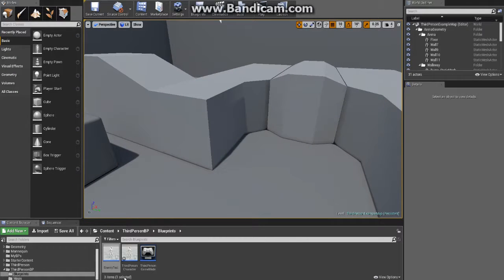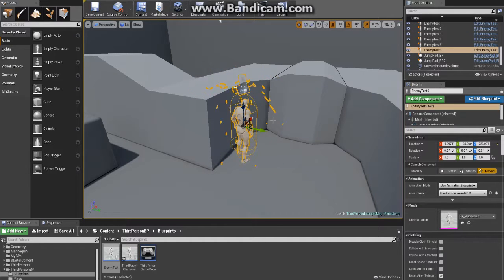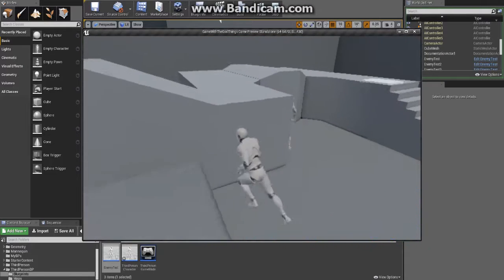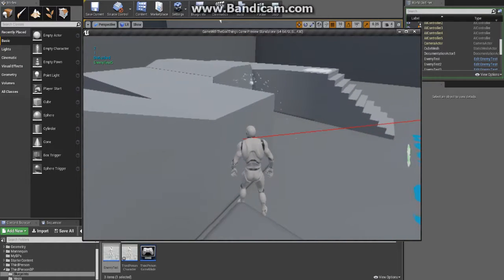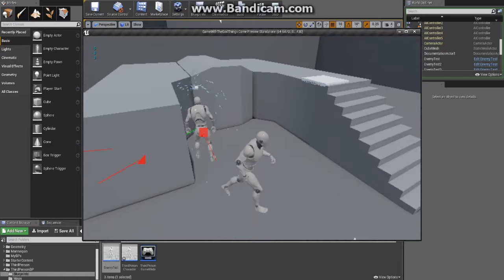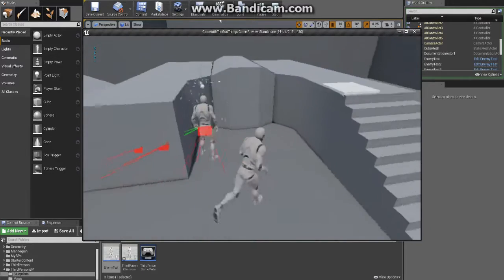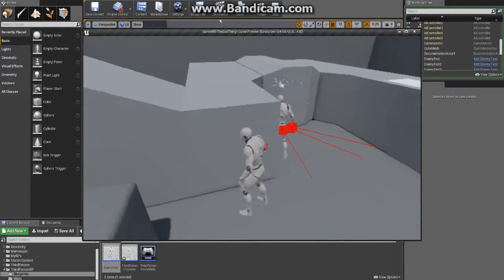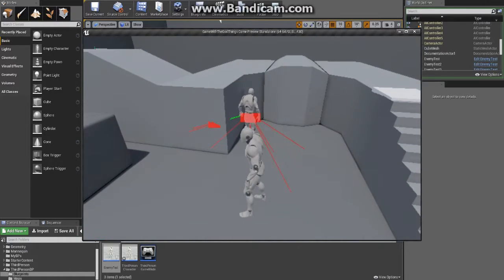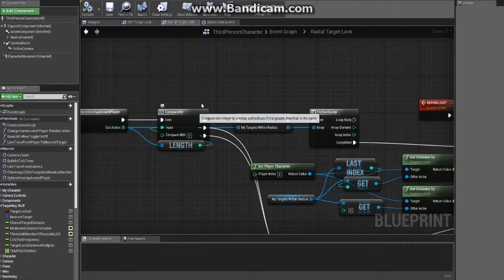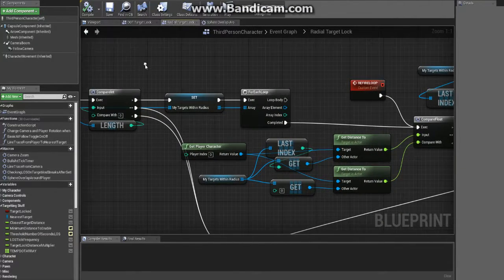So we're going to come in here. Let's drop them somewhere that I can test this with. So yeah, it dot locked. So dot locking, because of the radius, and something's not ignoring something. Yeah, I'll go back and I'll fix that. That's not a big deal, but that'll be for a different video. So anyways,